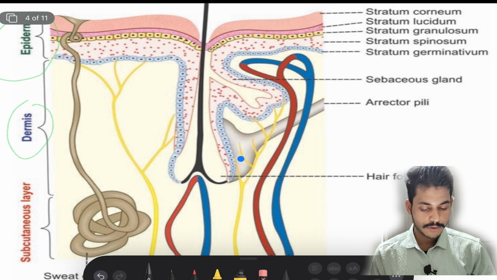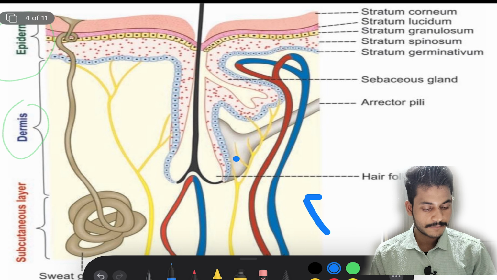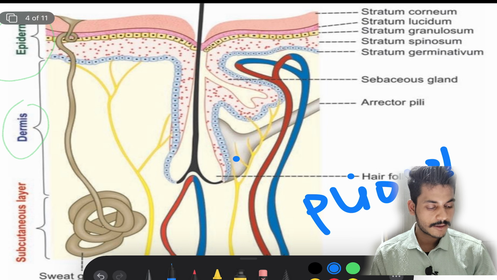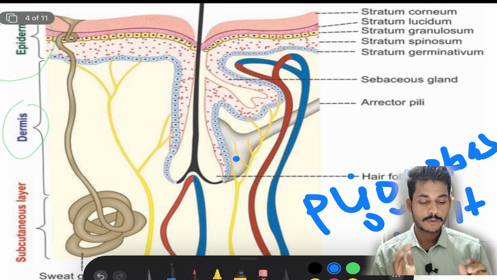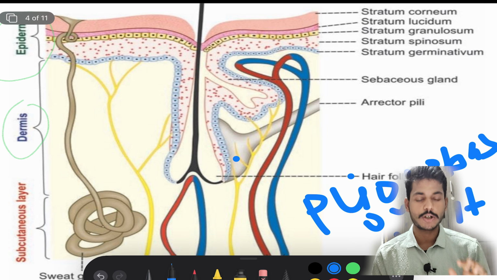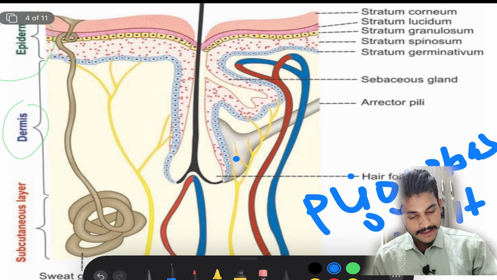First I should write the pilosebaceous unit. So the pilosebaceous unit basically consists of, as you are seeing, this hair follicle, and this is called the